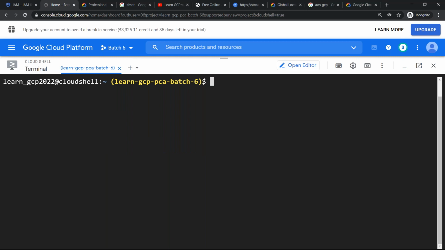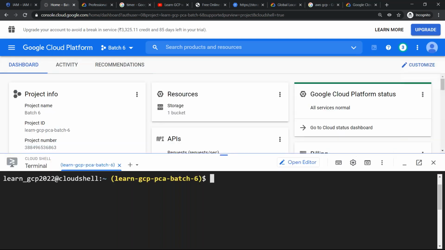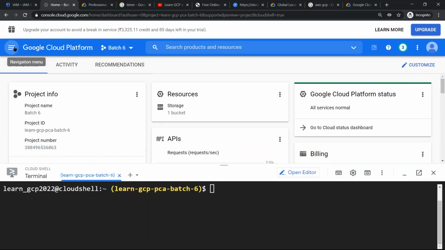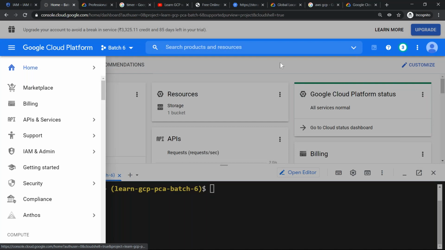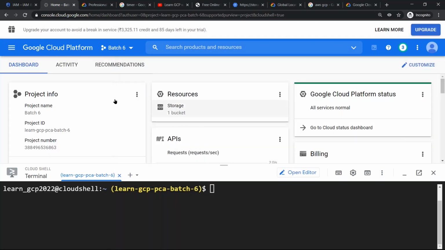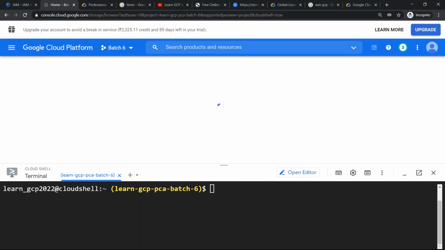Now let's go ahead and create a bucket, folks. So for that, I'm going to GCP, the bucket. I can either go to the navigation menu and do it, or I can just click on this resource itself. It's going to directly take me to my storage bucket. There's already one bucket which we created. We wanted to create one more bucket,